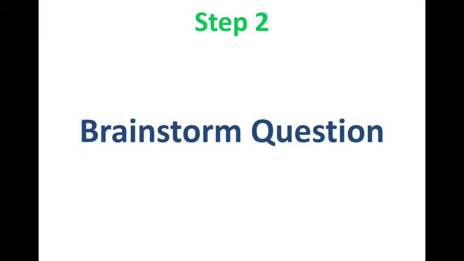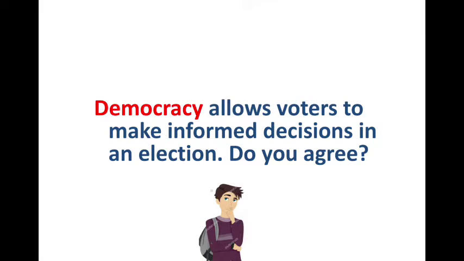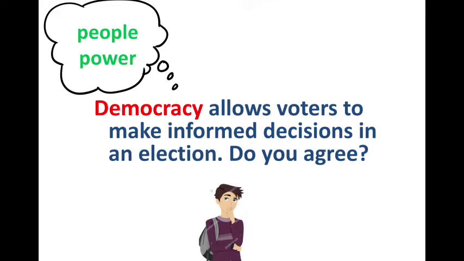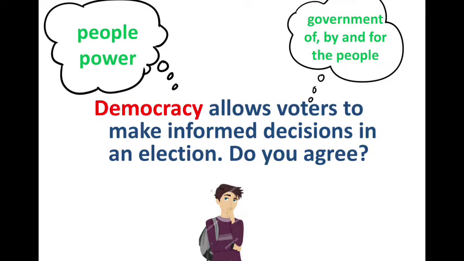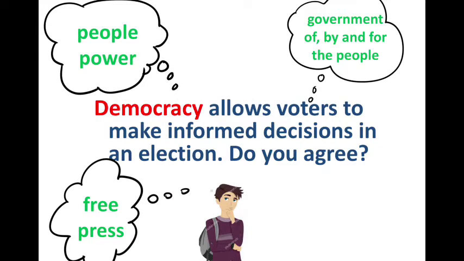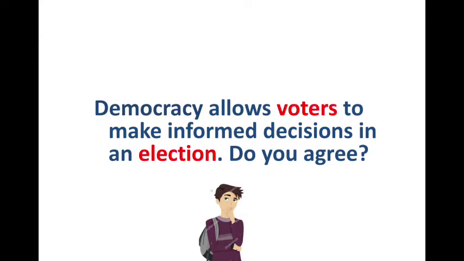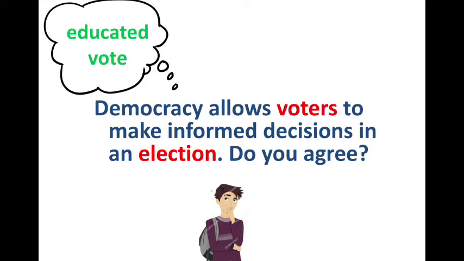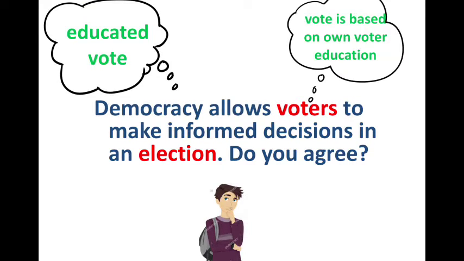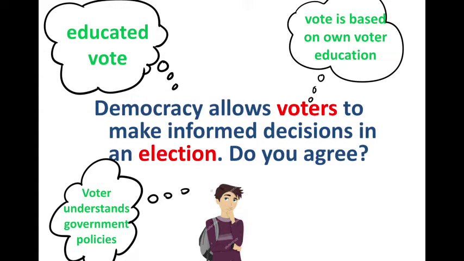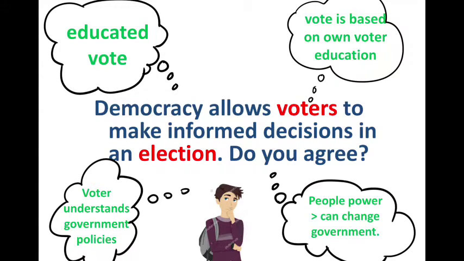So let's brainstorm the question. Examine each key word in the essay question. Democracy. Allow people power, government of, by and for the people, free press, free, fair and frequent elections, voters in an election, educated vote, voters based on their own education, voters understand government policy, voting means possibly that's people power, they can change the government,